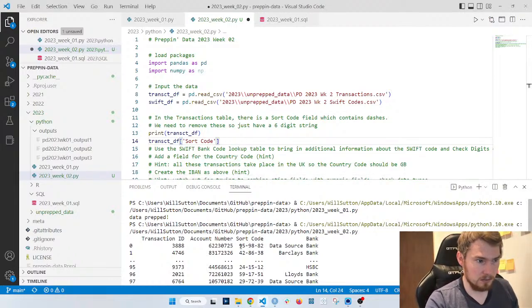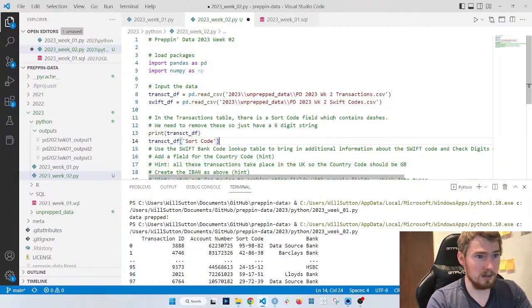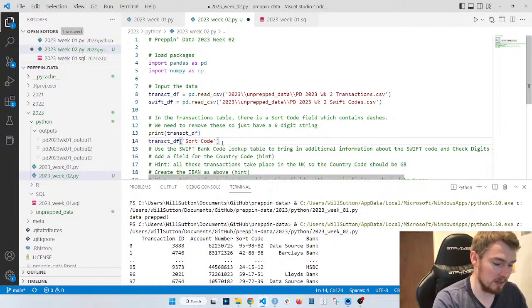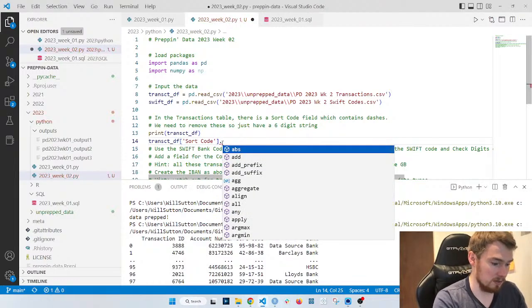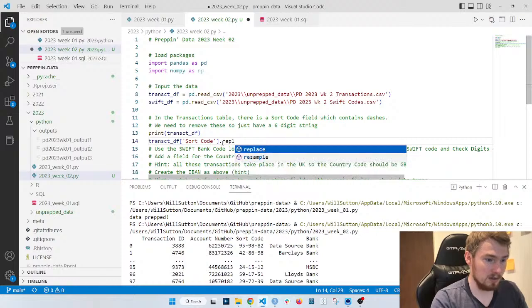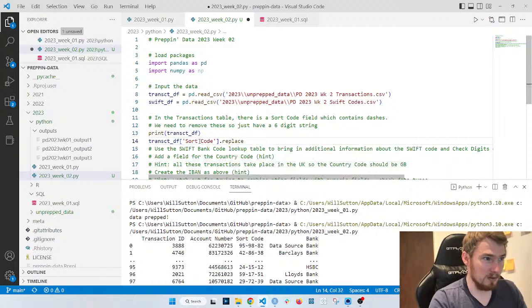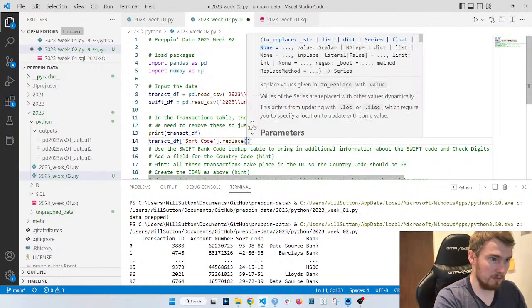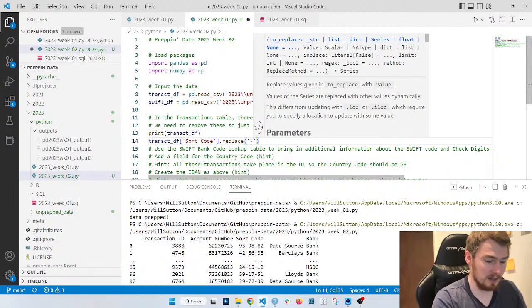Okay, for this, if it's going to contain dashes and I want to remove these dashes, typically what I would do is replace it. So I'll replace the dash. Usually you would specify a different character to replace it with, but I'm just going to leave that part as empty. So if I do dot replace, Python knows I've got my column, I've got my replace, so I need to find out what to replace, which will be that dash.